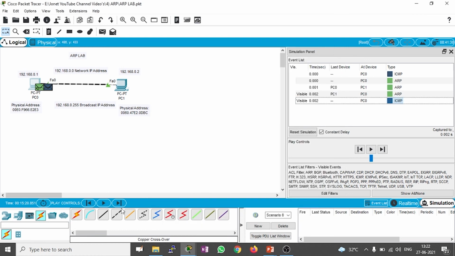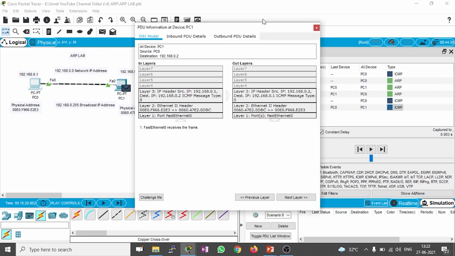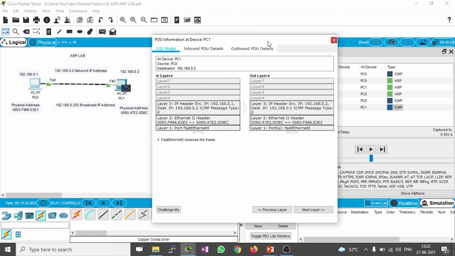Like that, second it will try to ping with the ICMP packet because it has learned the layer 2 MAC address. Now we can clearly see the layer 3 communication source address and destination address, and the layer 2 source MAC address and destination MAC address. In the out layer, it sent its own IP address and MAC address as source and destination to the replier. Now it is very clear.